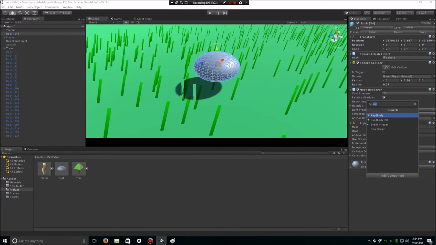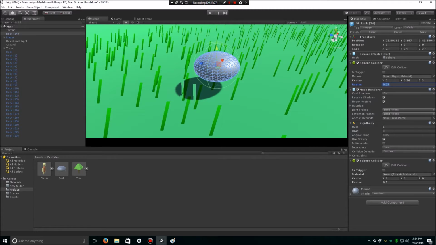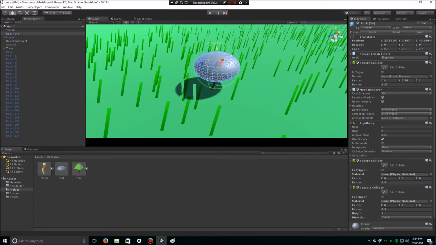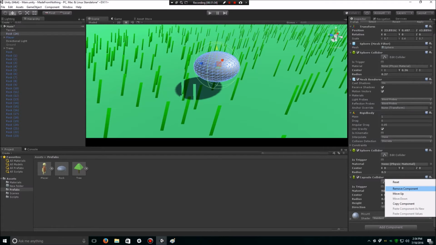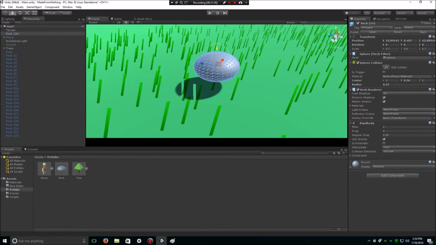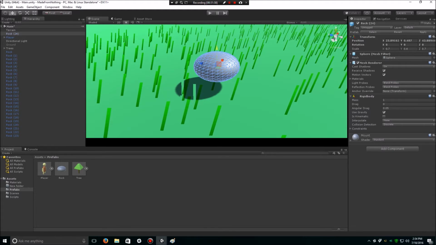Could I add a new collider? What if I added a new sphere collider? No, let me add a capsule collider. Maybe a capsule collider would do it better. Remove component. Remove component. Remove component. I'm just gonna add a mesh collider. They're a little bit heavier on the system, which is not good, but